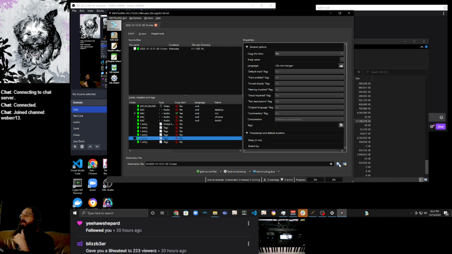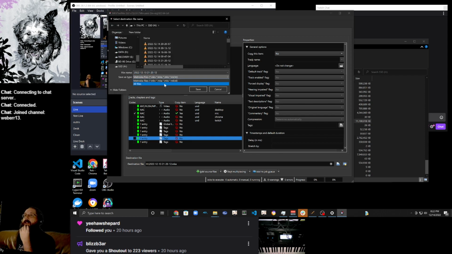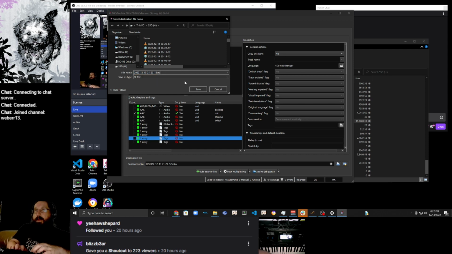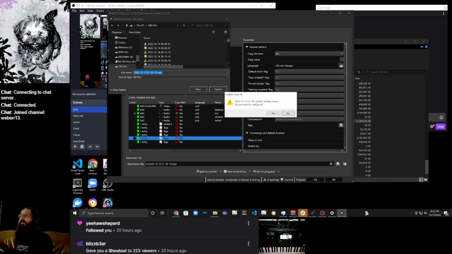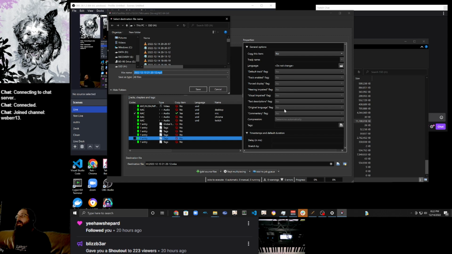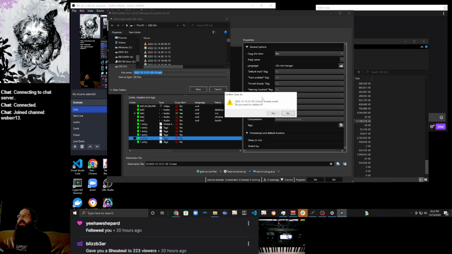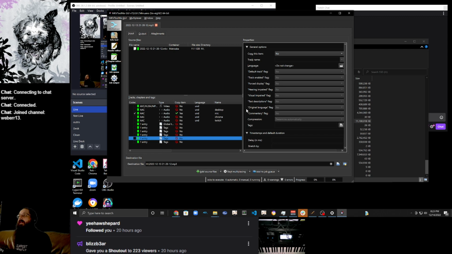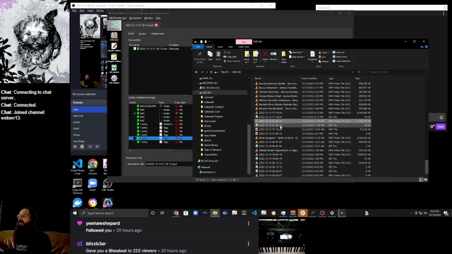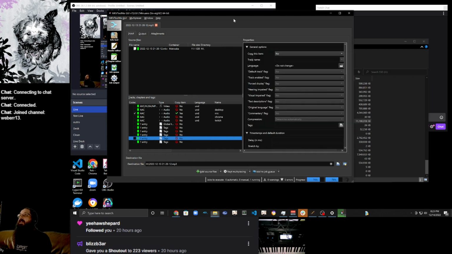And then go over here, change this to all files, which allows me to create an MP3 of just the microphone data. Oh, I've already done it. Okay, presumably it would be there. Yeah, we'll go ahead and override it. And then when we hit start multiplexing, it's going to create a parallel MP3 file, which is just the microphone track for